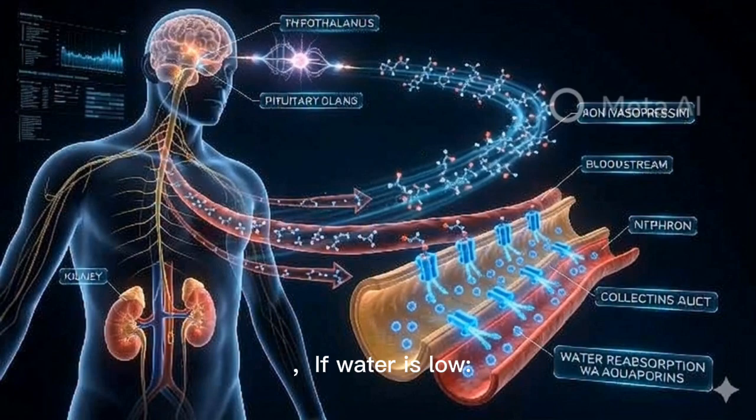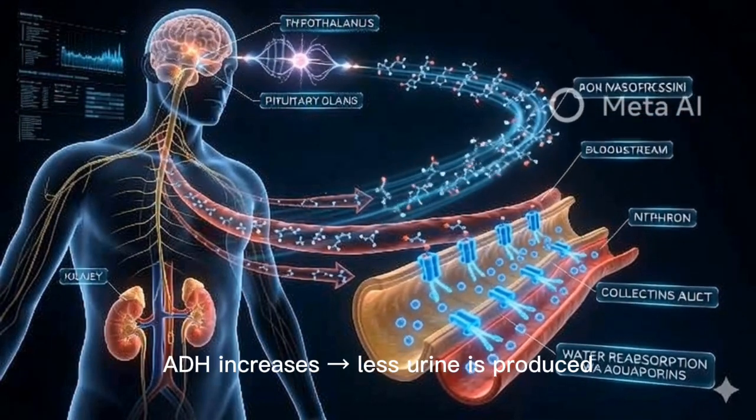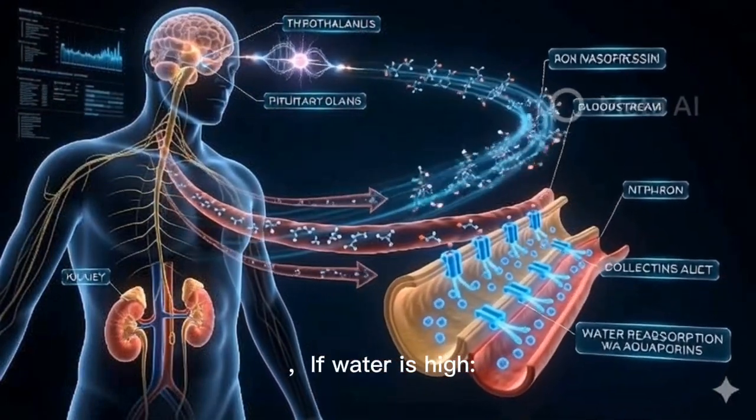If water is low, ADH increases, and less urine is produced. If water is high,